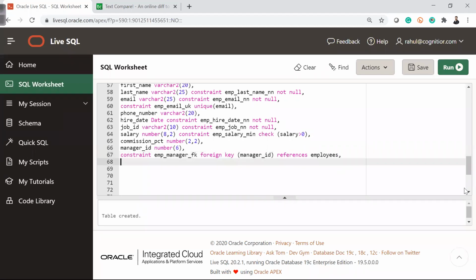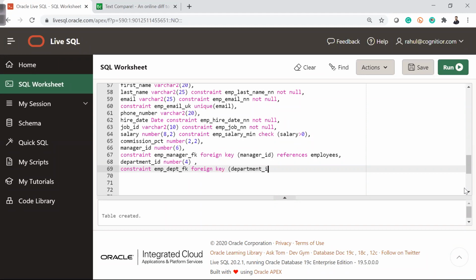Comma, we have department ID number 4, and I want this to be the constraint emp_dpt_fk foreign key department ID, and here you can see that I'm referencing the department table.